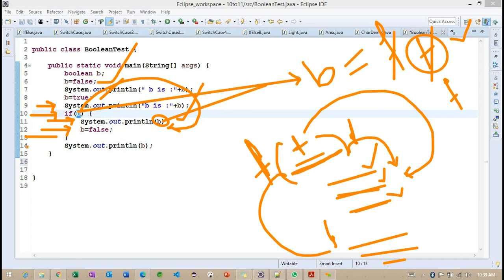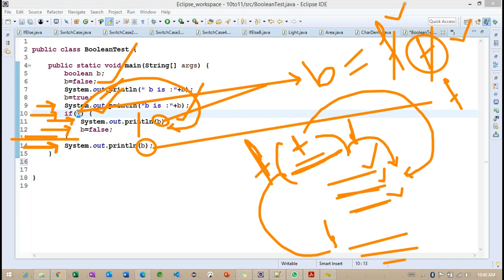Line number 13 also executed. Now line number 14 we are trying to execute here. Because this condition is satisfied, we executed the internal code. We come out of line number 13, so now we are at line number 14. When we execute this line, what value does the b variable contain here? False. So getting the point, how this value changed here is very important.